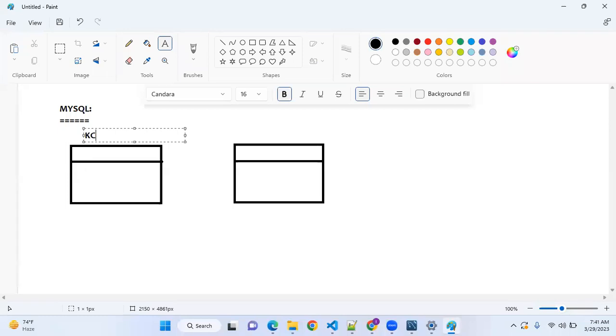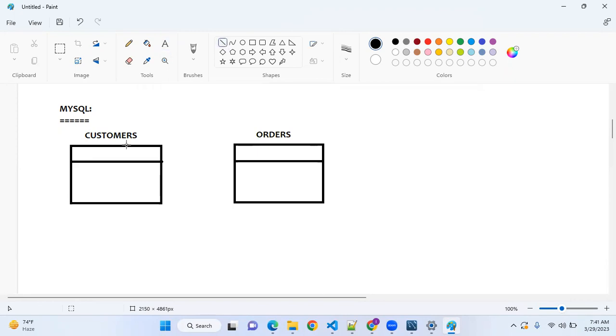This is the customer table. This is the orders table. So I'm writing some columns here.